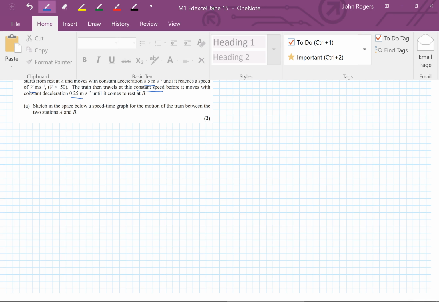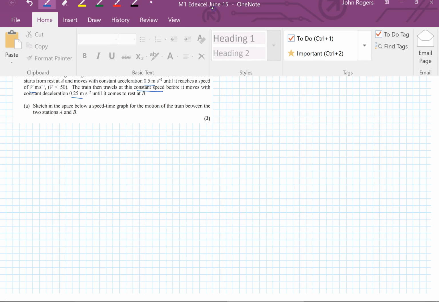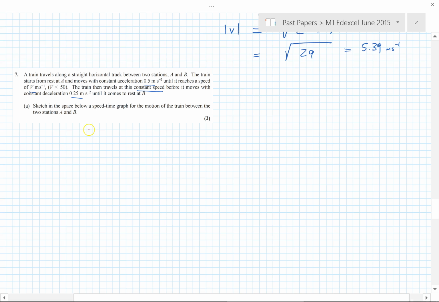So we're going to have a situation like, let's do a different curve tool. It's going to be accelerating, constant speed and then decelerating like that. And the speed it's going at is V,